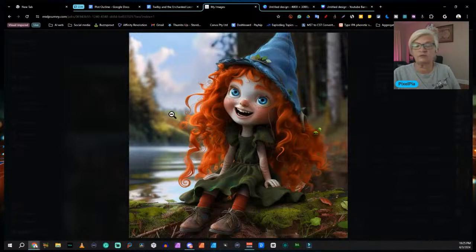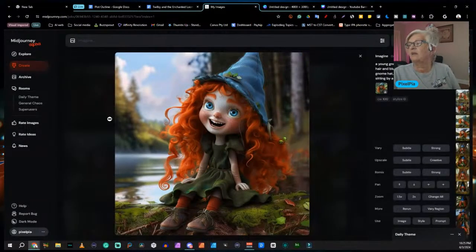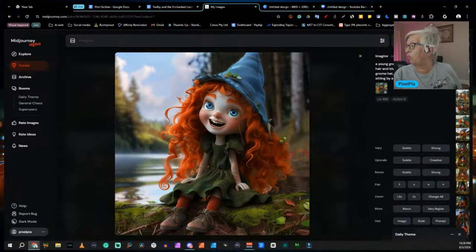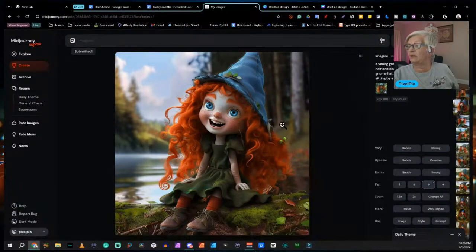That looks like it could be our Twilby sitting by a lake. Now we're going to take a look at the ones we didn't do yet. Let's say that I want to use this with the background, but I want it to be wider. So I can expand, pan this. For example, if I want to pan to the left here, that will,